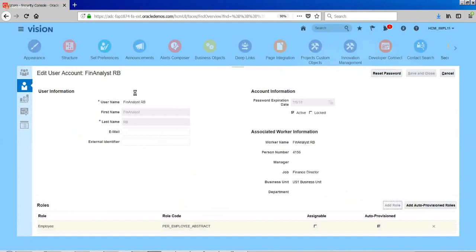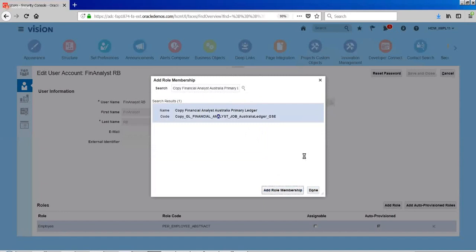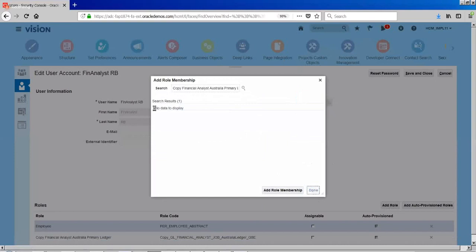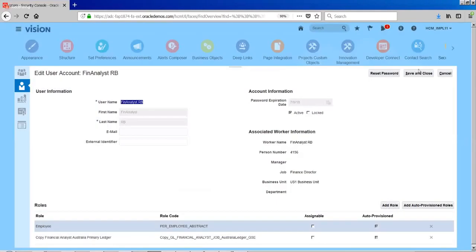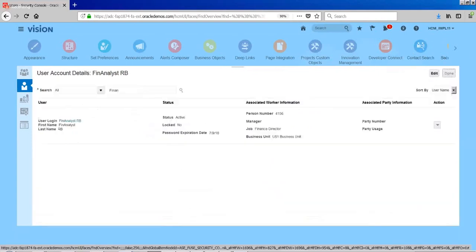Let me add the copy financial analyst Australia primary ledger role. Done. And log out.